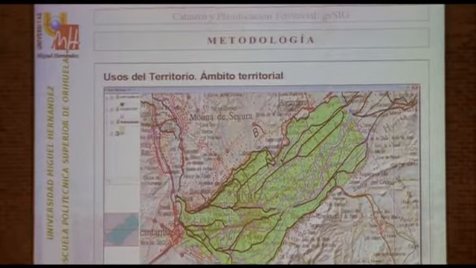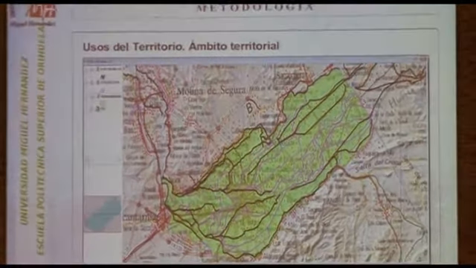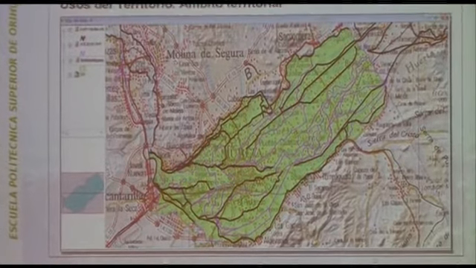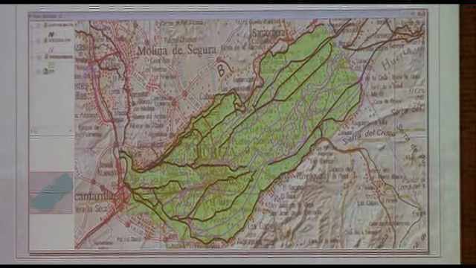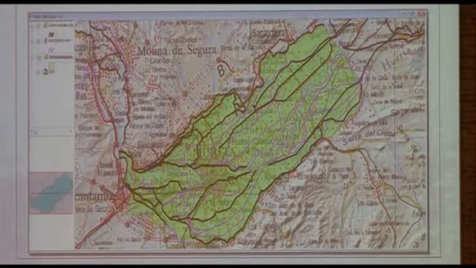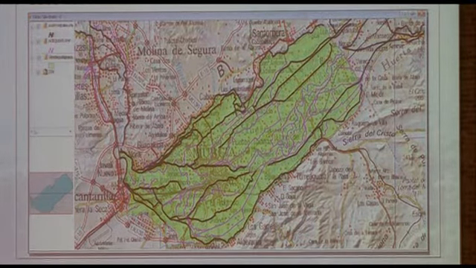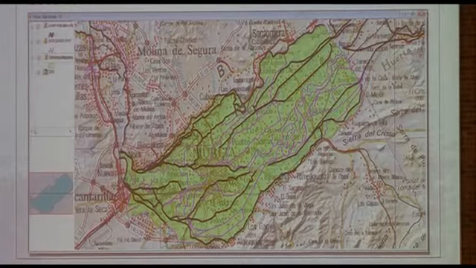Now, let's have a look at the area that we have studied. If you know Murcia, this is the orchard of Murcia. It's using traditional irrigation techniques. We have 4 different municipalities there, out of the 400,000 inhabitants of this area. In the urban nucleus, we find 200,000 inhabitants, and the rest are scattered on